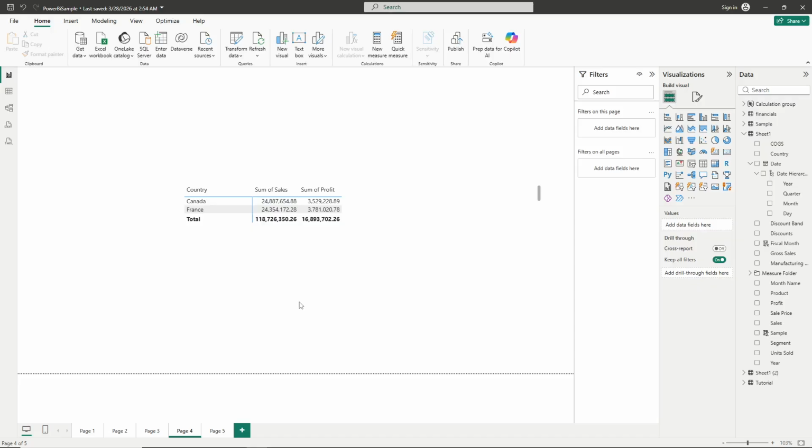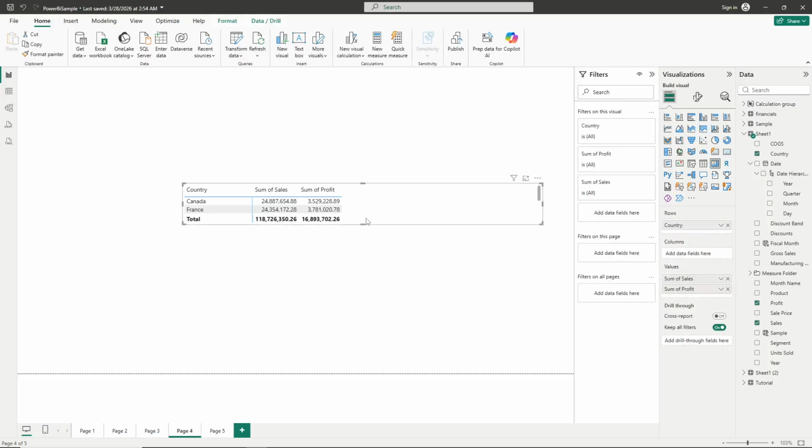First things first, you'll need to open your Power BI desktop application. Once you have it open and you're in your workspace, take a moment to locate the matrix visual that you want to work with. Go ahead and click on that matrix visual to select it. This will activate the visual and bring up all the formatting options you'll need on the right side of your